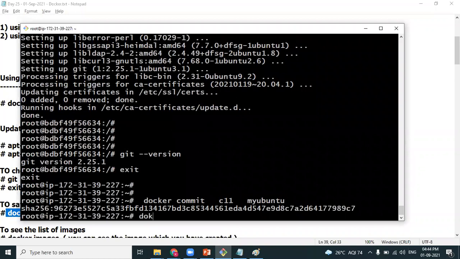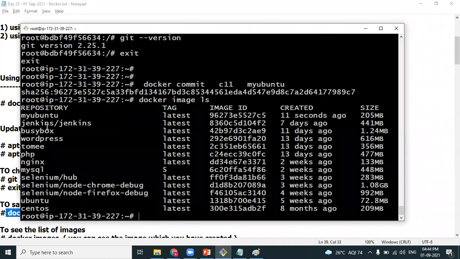How to see the list of images? Docker image ls to see the list of all the images. Can you see that my Ubuntu is a customized image? This Ubuntu is actually a predefined, standard image, isn't it? And this is my customized image. Sir, how can we know the difference between the customized image and the predefined one? You cannot know it by looking at the name; you know it because you named it. You can refer to it by using the name my Ubuntu. There's no status where we can see the predefined images and customized images. Got it? Okay.